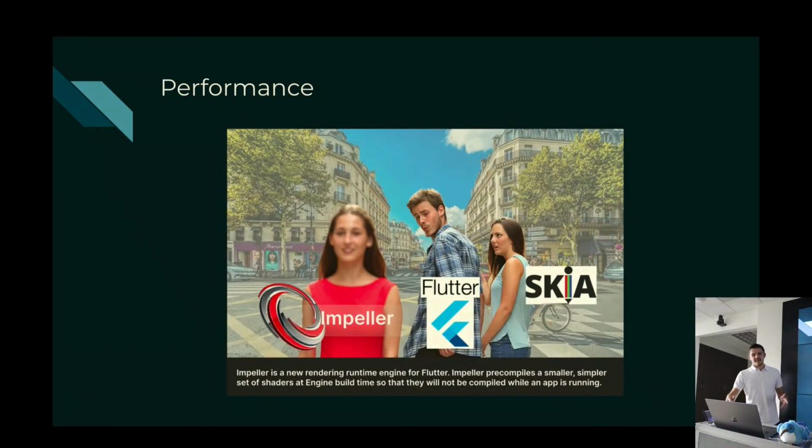Next is performance. Performance gets better and better every year. This graphic talks about the very new rendering engine that they've built from scratch called Impeller. Flutter used to use Skia, but with Impeller coming out, the performance gains are going to be huge, especially on iOS. One of the lingering performance issues that a lot of people complained about with Flutter was on iOS startup: if you tried to run animation right out of the box, there would be some jank. Jank is basically a stutter in the animation at the very first startup. Once it's started up and everything is loaded with all of the shaders, then everything runs fantastic at 60 or 120 hertz, depending on what the actual device is capable of.